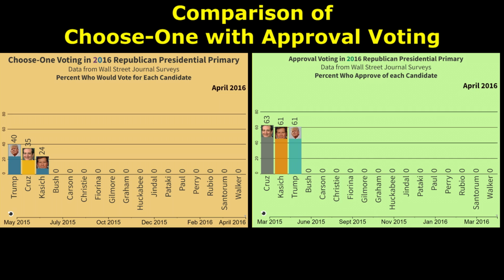In summary, here's a comparison of the data from the last week of Choose One voting and the last week of approval voting. As a general rule, approval voting tends to promote consensus candidates, while Choose One voting tends to promote vocal minorities. This analysis was done with the data from the Republican primary. The same effect happens in the Democratic Party. This is not a partisan video. As a general rule, watch out for primaries. They tend to have many people running, and the person selected by the primary is often not the one with the most support.